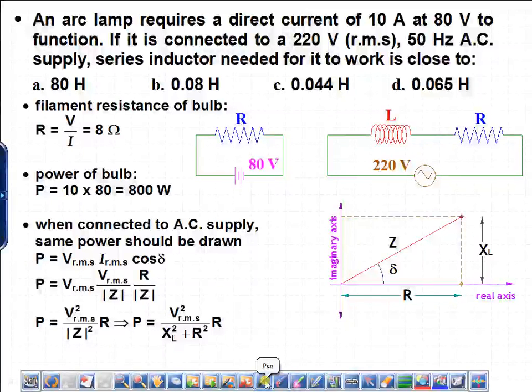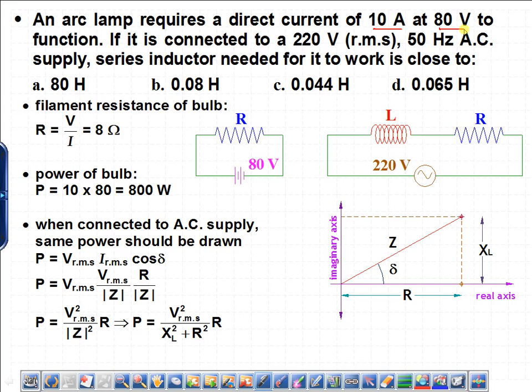An arc lamp requires 80 volt to function. If it is connected to 220 volt, 50 hertz, the inductor needed for it to work is close to. Now this lamp is designed to operate at 10 ampere current and 80 volt direct voltage supply, but it is